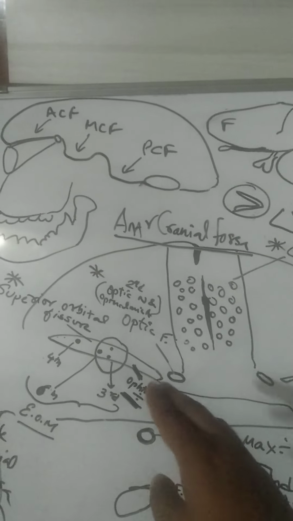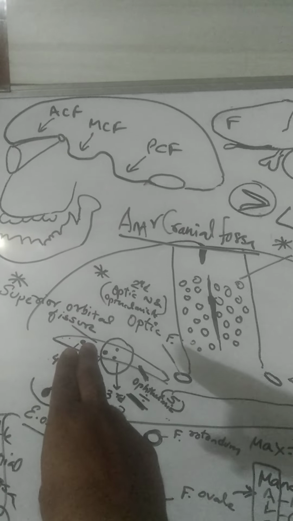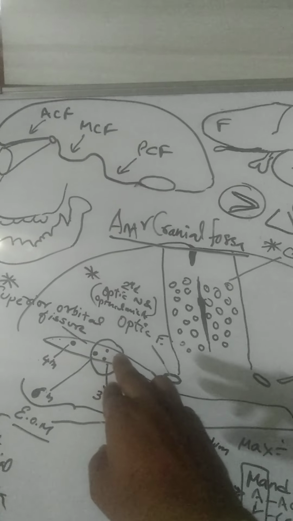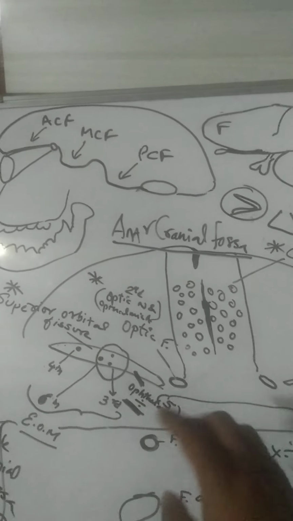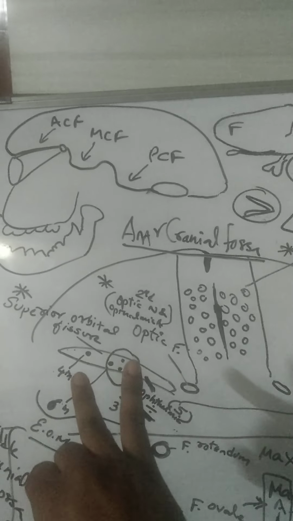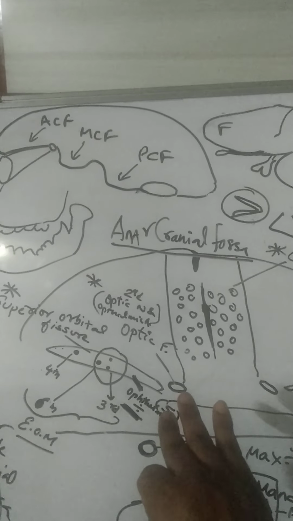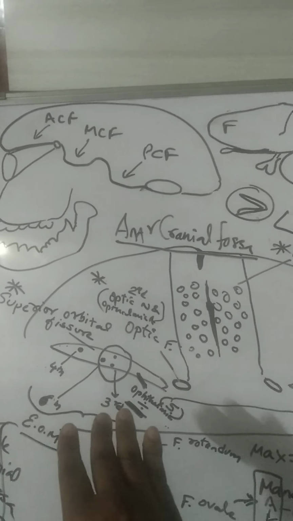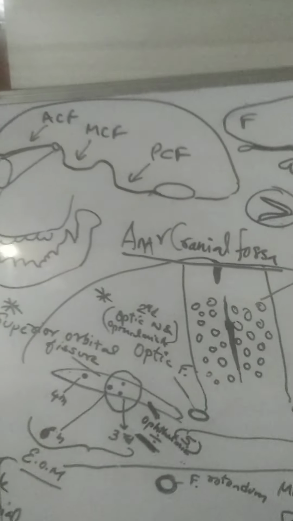The ophthalmic nerve later divides into three nerves; the lacrimal and frontal will pass through the superolateral area. The nasociliary nerve passes through the intermediate compartment. Just remember, through the superior orbital fissure, four nerves pass: the oculomotor nerve, third cranial nerve; the trochlear nerve, fourth cranial nerve; the fifth cranial nerve, trigeminal nerve, only one division, the ophthalmic division; and the sixth cranial nerve, the abducent nerve. These are the structures passing through the superior orbital fissure.